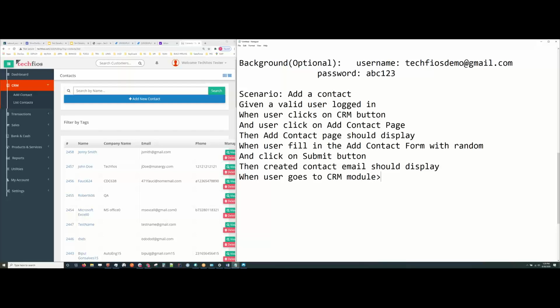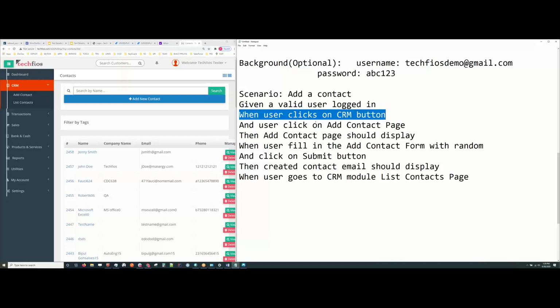If you don't want to use that symbol, this is fine too. Personal preference. There's no rules. User goes to CRM module, list contact page. Okay. But if you don't want to do that and you want to write it very bare bone basic,